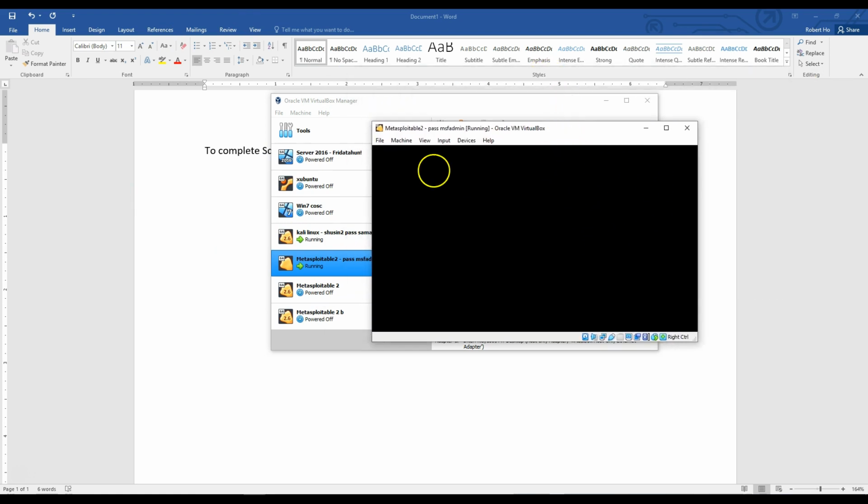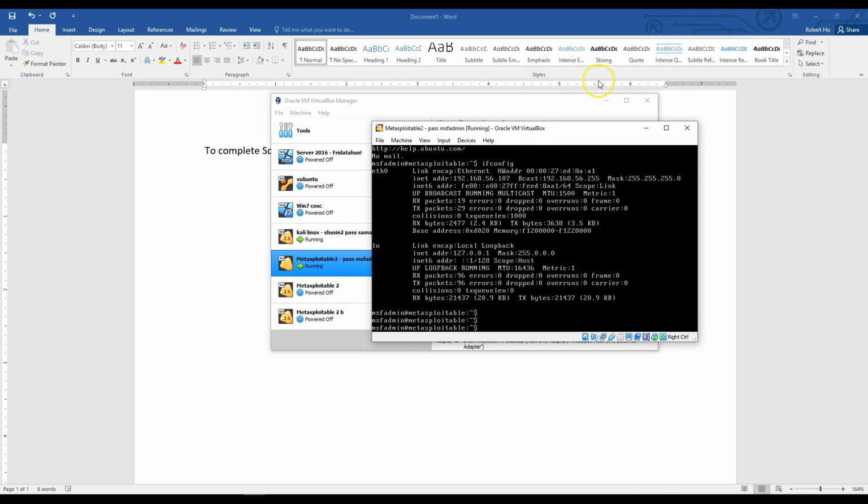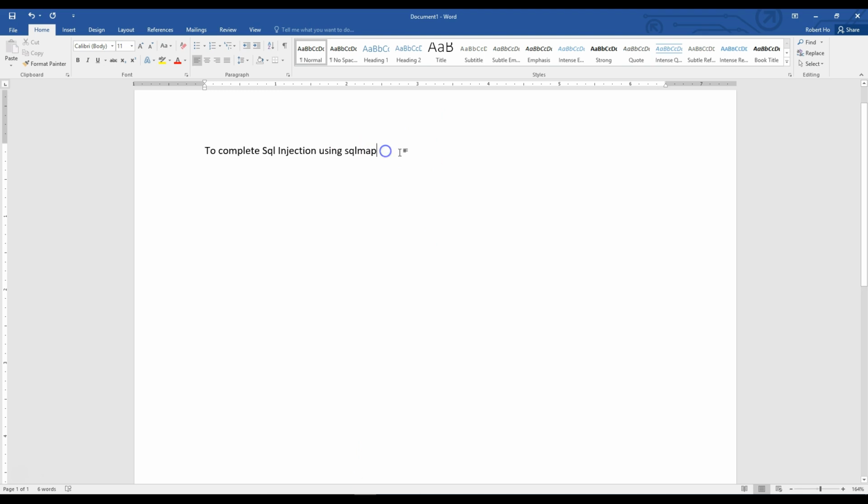Here I have my Metasploitable ready. By the way, the login and password for the Metasploitable 2 is msfadmin and msfadmin for the password. When I run ifconfig, notice that my victim machine or target machine is 56.107. So I have Kali